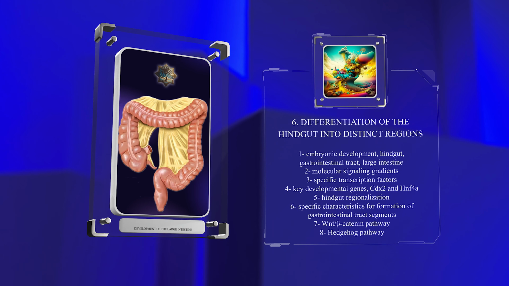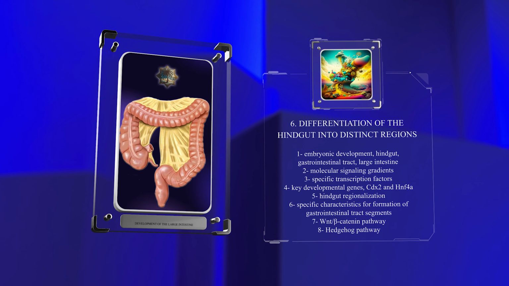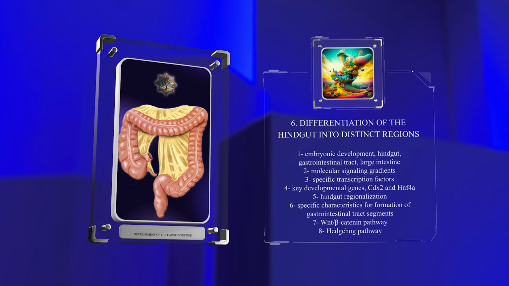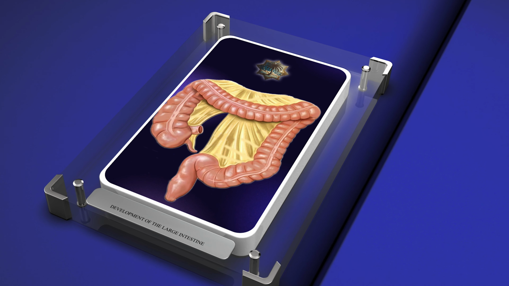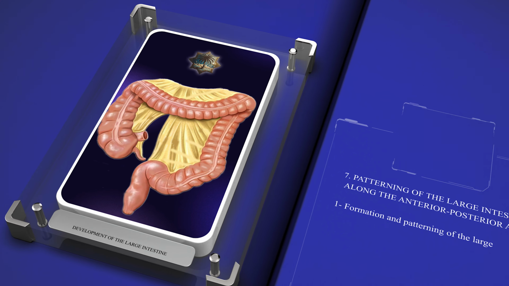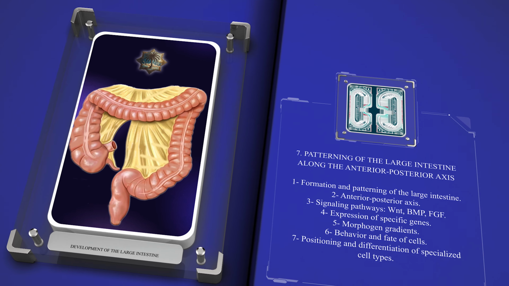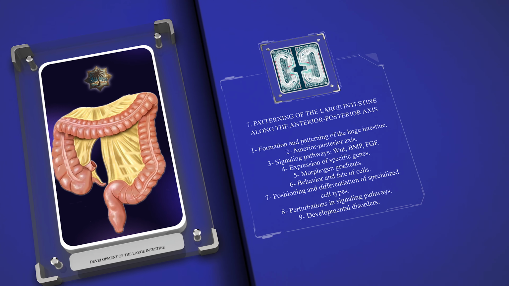This regionalization is governed by the precise activation of transcription factors and specific signaling pathways, such as the WNT/beta-catenin pathway and the hedgehog pathway. The formation and patterning of the large intestine along its anterior-posterior axis are crucial for its proper function. This process involves the precise regulation of signaling pathways, the expression of specific genes, and the establishment of